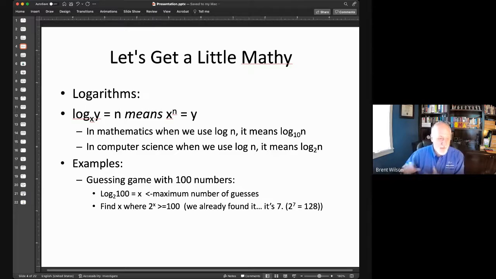Now, we're not going to do any problems with those, but I'm just throwing those out. I want to show you how they apply to the problem that we just did. When we did the guessing game with 100 numbers, what we're saying is, okay, the log base 2 of 100 is what? And if we can find that number, that tells us the maximum number of guesses that we would have to make. So in this case, the maximum amount of guesses is going to be, again, 2 to the